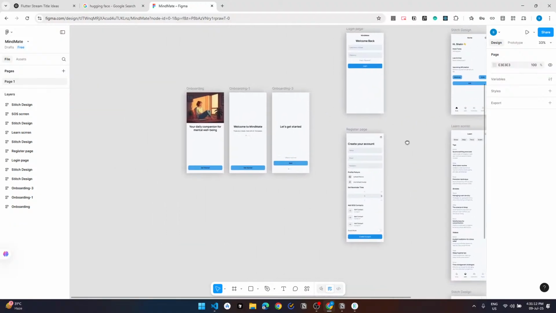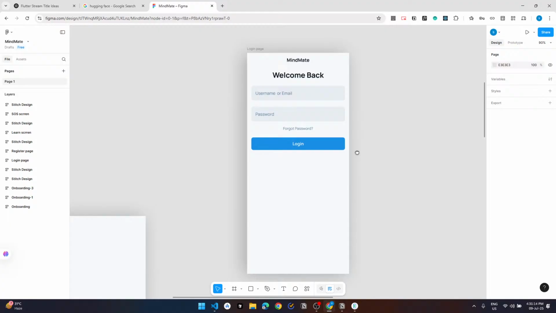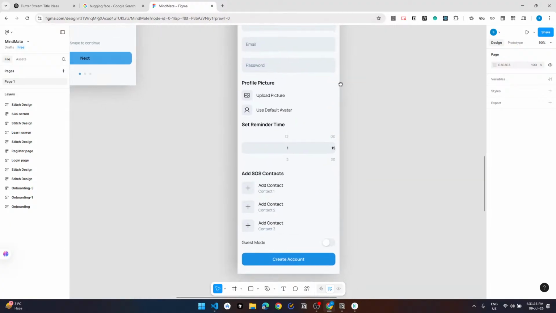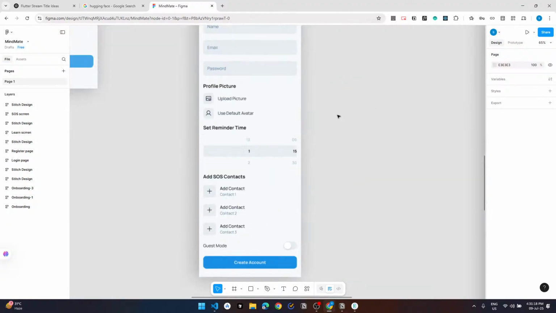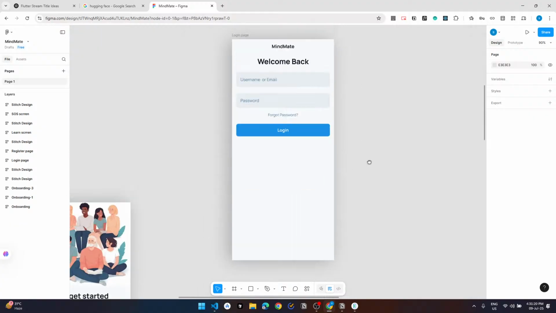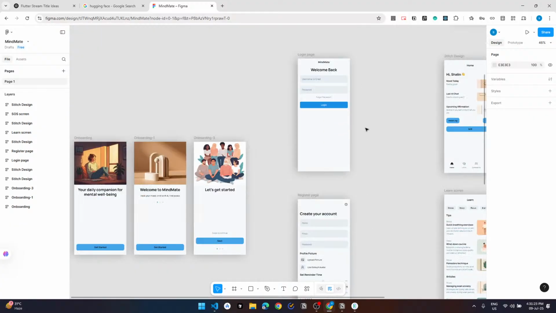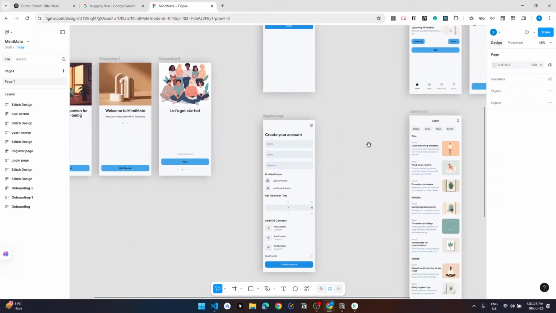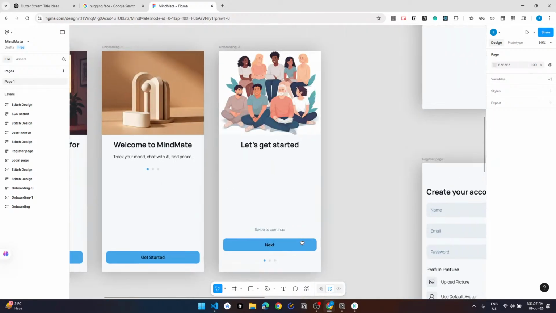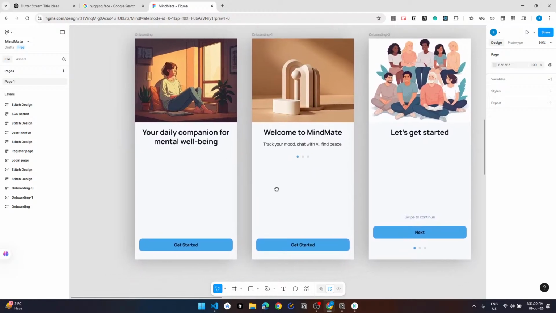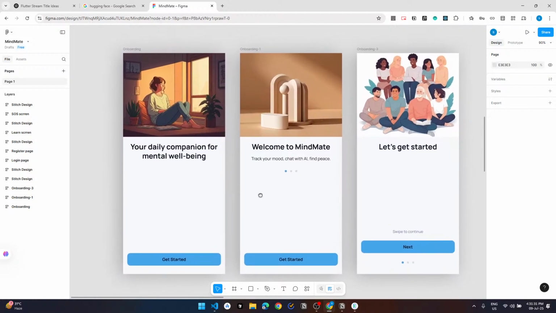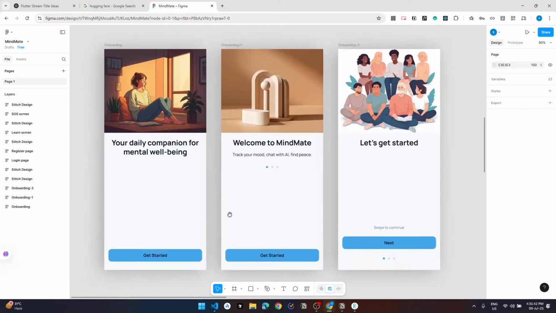So we're going to build this login page and registration page for sure, connecting through our Firebase. Right, these are onboarding screens, which is when a user opens the app for the first time, these screens walk them through first.